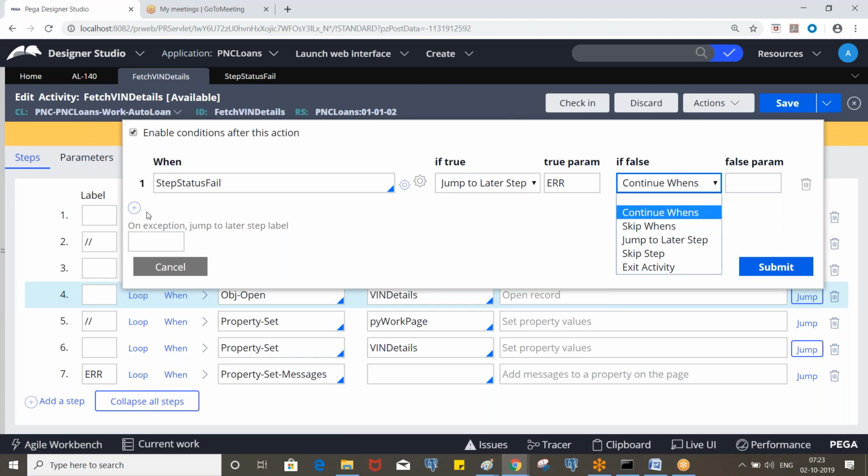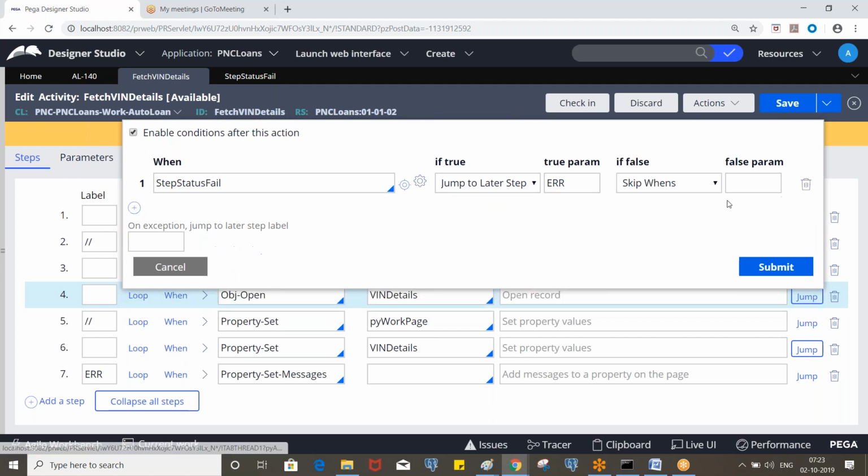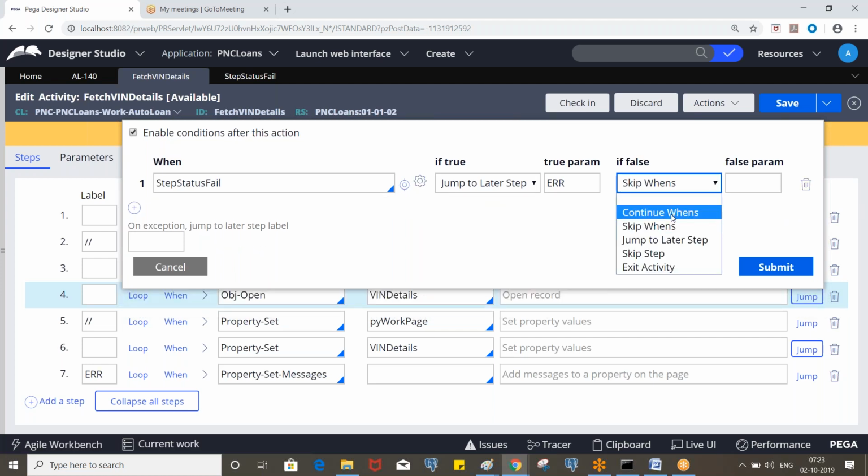That means if you have another condition defined here, that will also be checked. But if you use skip wins and we have one more condition, that second step also will be skipped without checking the condition. If you have only one when rule, either if you use continue wins or skip wins, both are the same. If you have another when rule defined, then you need to check that based on the requirement.